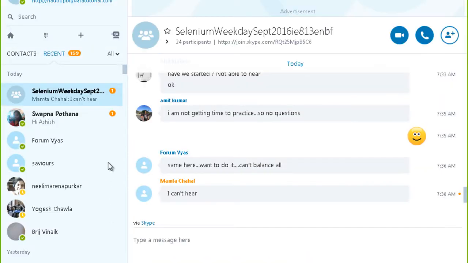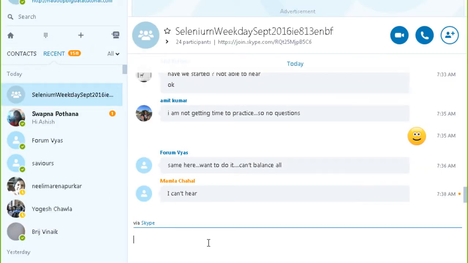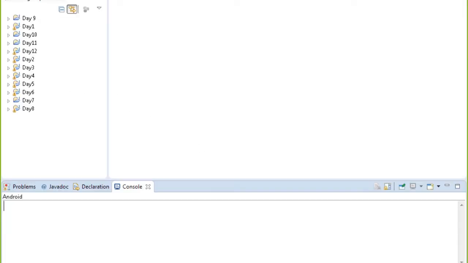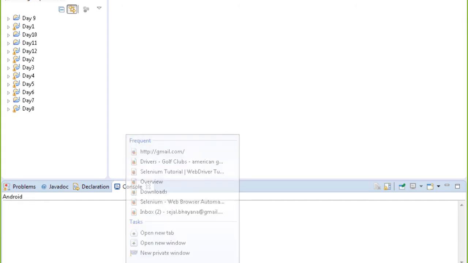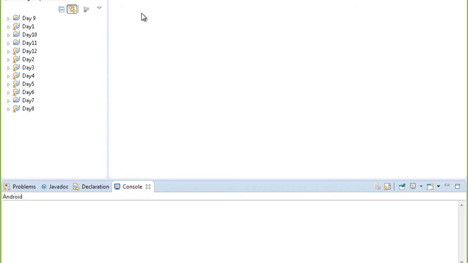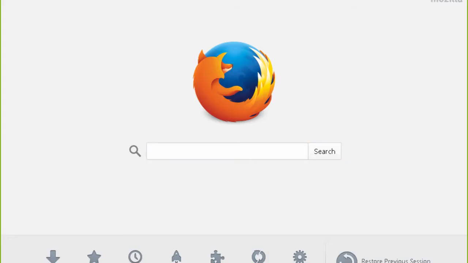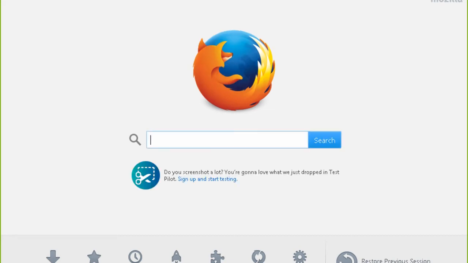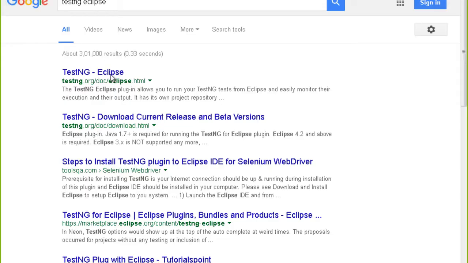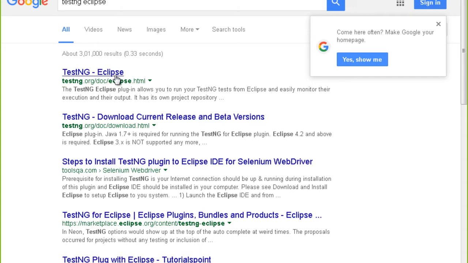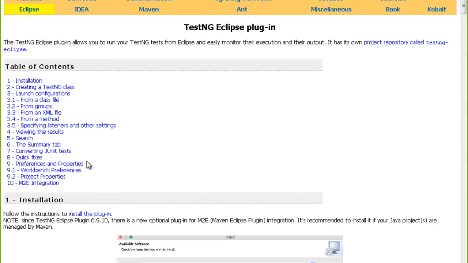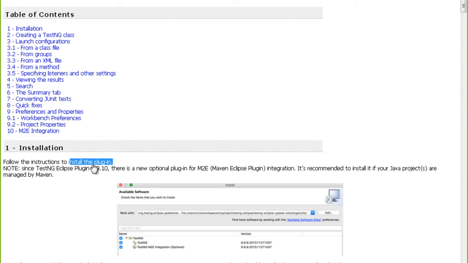So let us look at TestNG. The first thing is that you need to install TestNG inside Eclipse as a plugin. To install TestNG as a plugin, you need to go to Google and type TestNG Eclipse. It is installed as a plugin inside Eclipse. You can go to the first link out here, and over there you can click on the link, install the plugin, and then